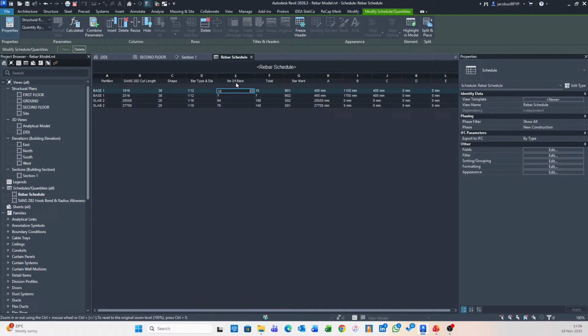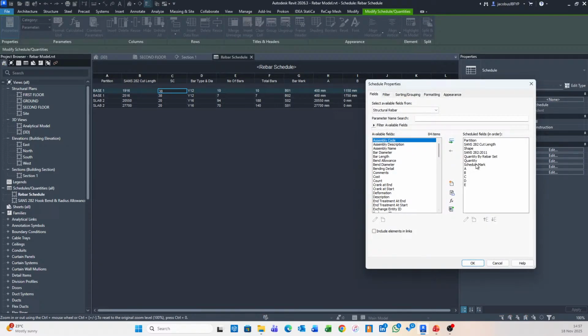In a sense that is number of bars per partition, basically, in some way. Okay, this is where it can get tricky, because we can have multiple of the same partitions or additional partitions and so forth. So just something to keep in mind as we're working. So we can have total bars, and there we have number of bars, bar type, and diameter, and then the shape code. So this would be SC for shape code, and I would want to move that one further down. So the shape, I want to move down